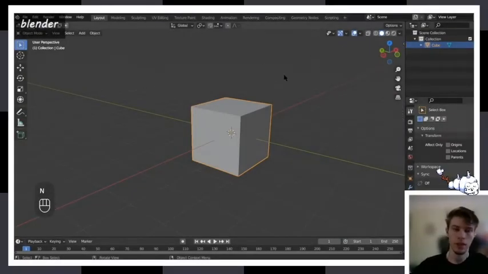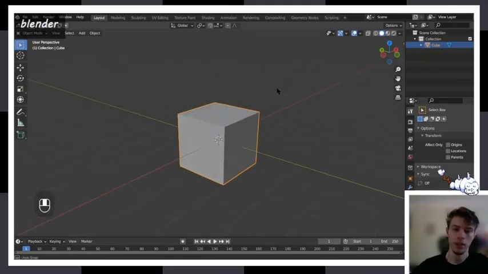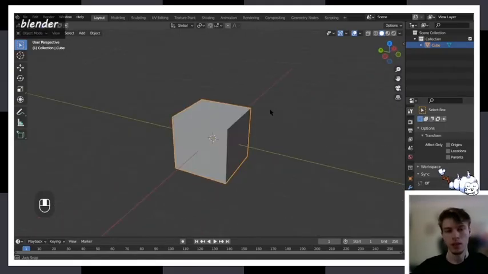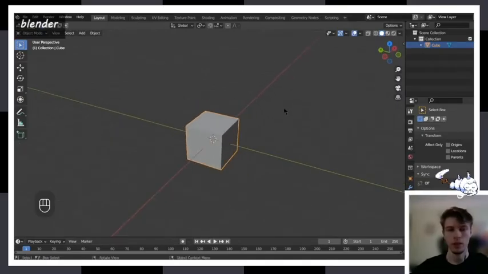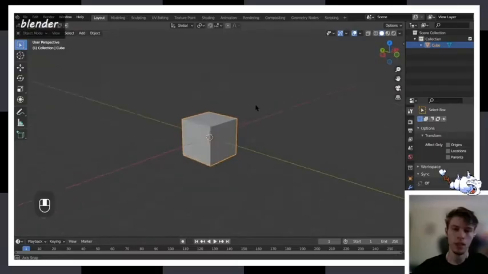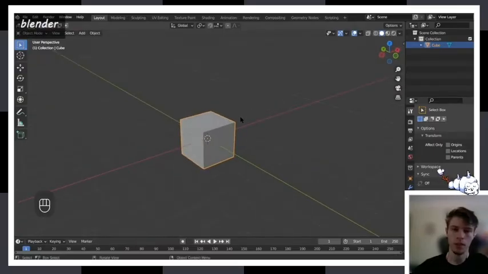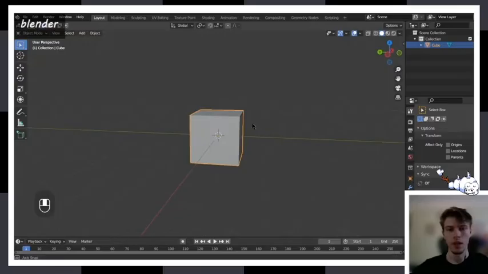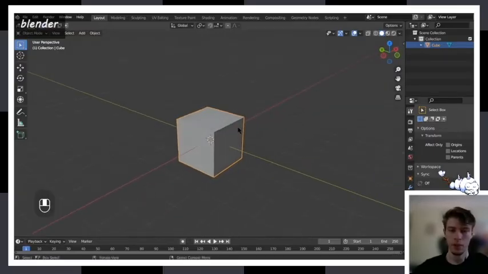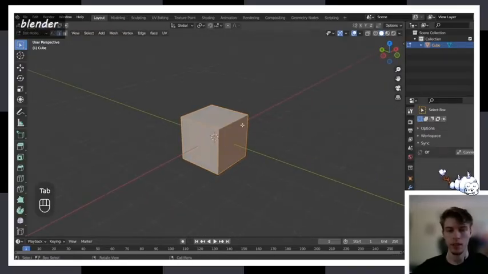Alright, hey, so this is a tutorial I promised on how to texture using Blender and Clip Studio Paint. So let's start with Blender, just modeling something very simple, and then UV unwrapping it, and then exporting it for Clip Studio Paint. So for this, I'm just going to make something very simple, probably like, let's make a little